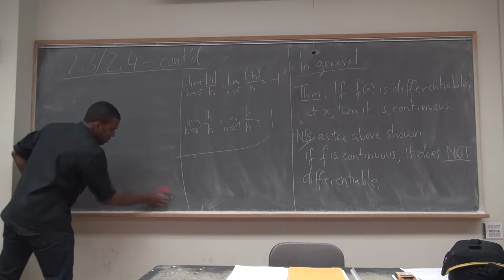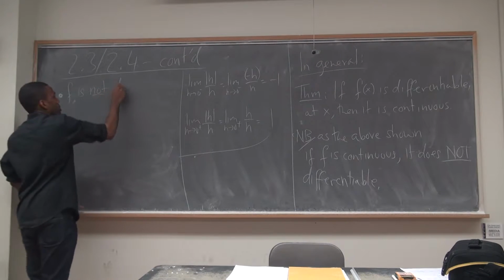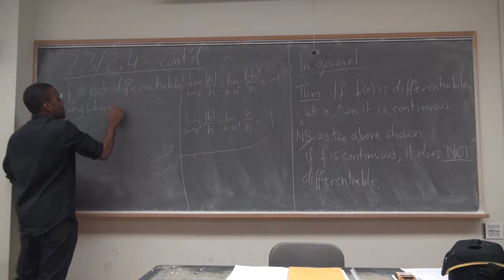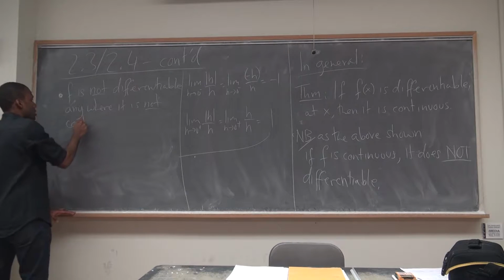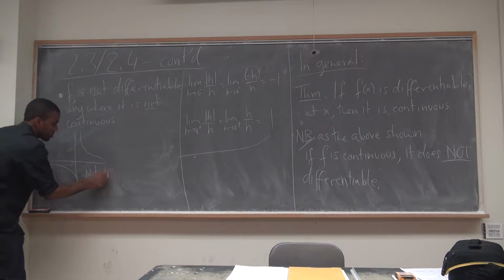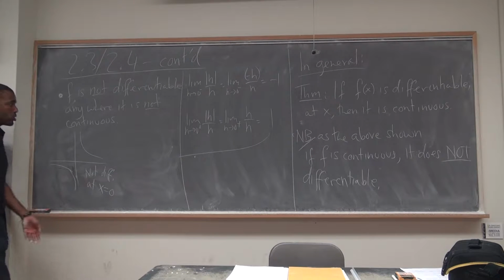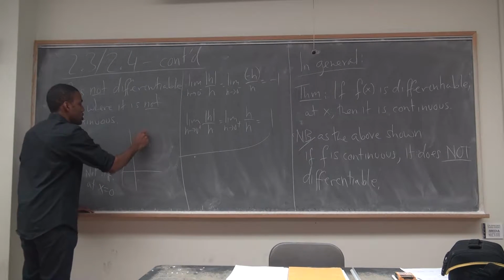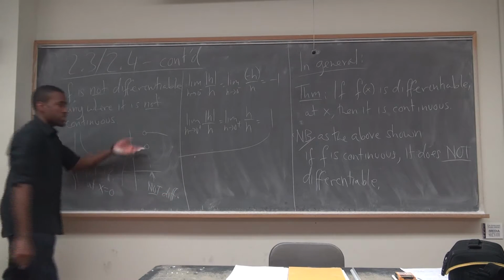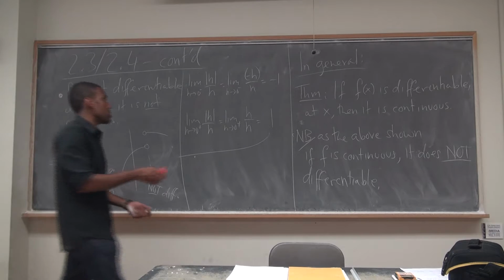And I'm going to tell you when right now. Boom. F is not differentiable anywhere it is not continuous. So if your function is not continuous at a point, it's not differentiable there either, right? So something like 1 over x, not differentiable at 0. Because the function doesn't even exist at 0. There's nothing to take a slope of. There's nothing to draw a tangent line to, right? Or if you have some kind of function where it's doing something and then there's a jump, not differentiable here. So if there's a gap, a hole, an asymptote, if your function is not there, you can't draw a tangent line to it. So it's definitely not differentiable anywhere it's not continuous, but even more than that,